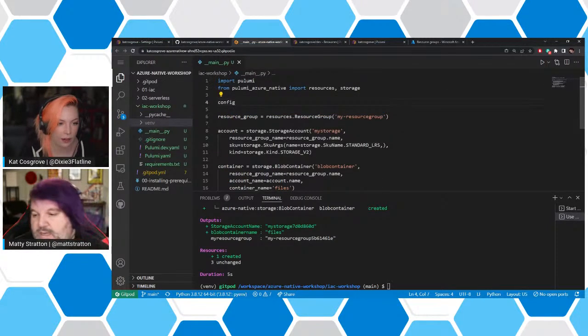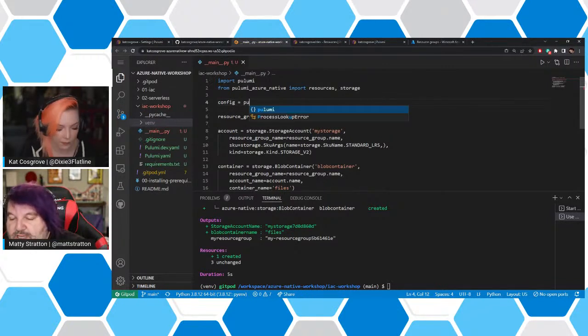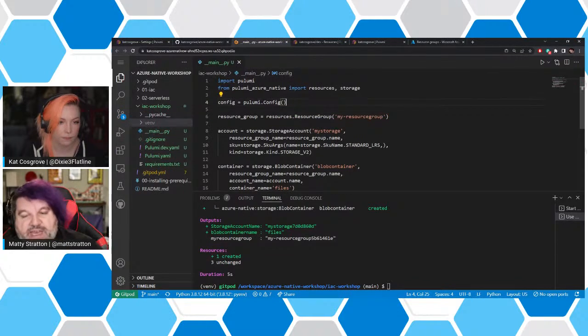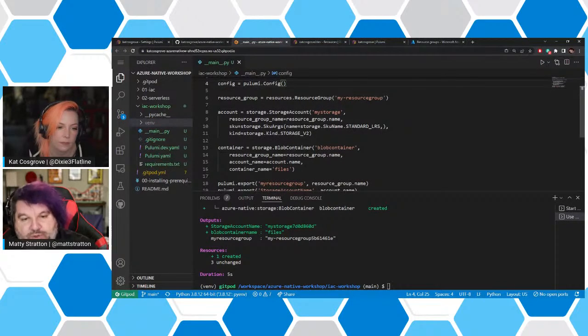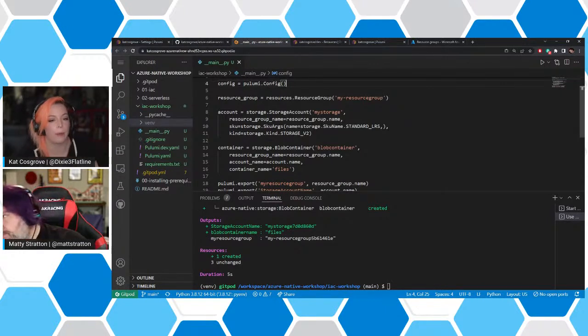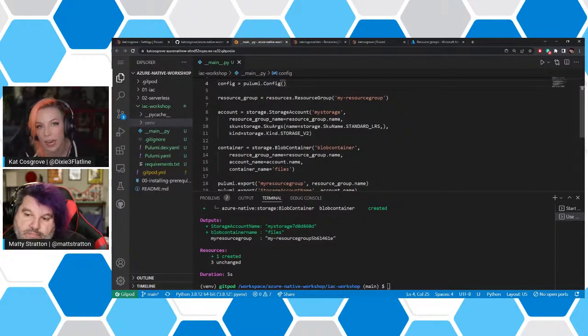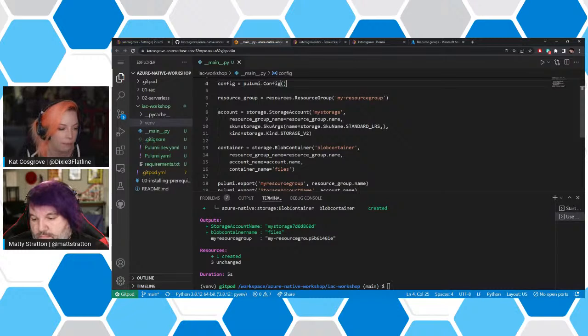This is a little like the question that came up about whether I could define things in the config, so that someone would just have to create a stack to get the thing they wanted. That's honestly quite a bit of how a lot of Pulumi programs that you share within your organization will work. Right now our blob container is just called files. So we're clearly just using it for flat file storage, right? We're throwing whatever cat pictures in there, but maybe I want this to be a little more flexible than that. So instead of giving it a name explicitly, we just do this.